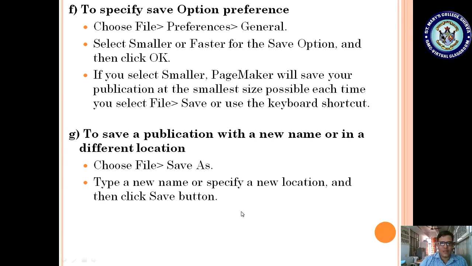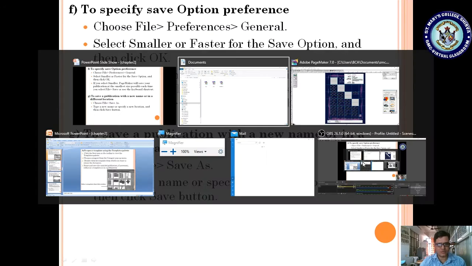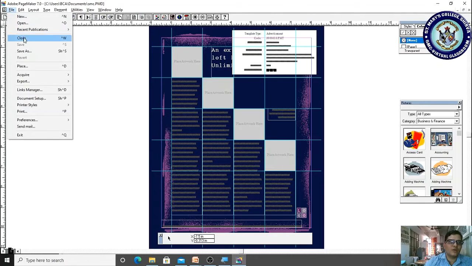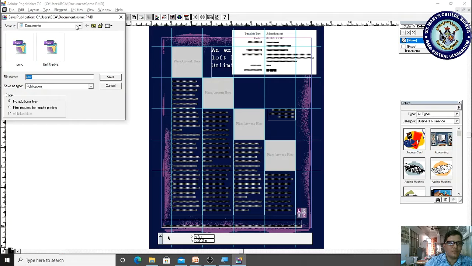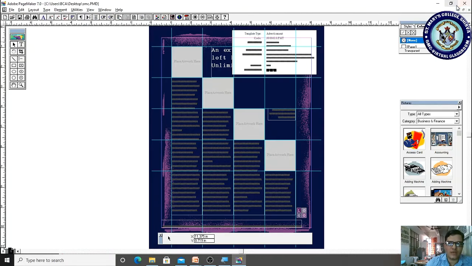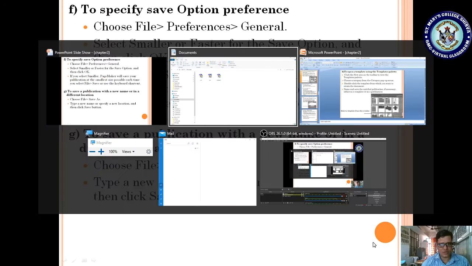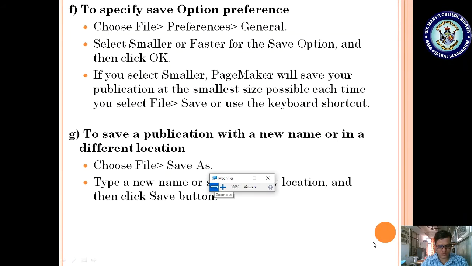And also you can save your file in a different location by using the save as option with a different name and different location. After that, you can click the save button. For example, this document is saved in our My Documents. If I click the save as option and pick the location as desktop, then the desktop also has a copy. So let me close it first. Let me check whether it is in our documents or on our desktop. Okay, yes, let me check.